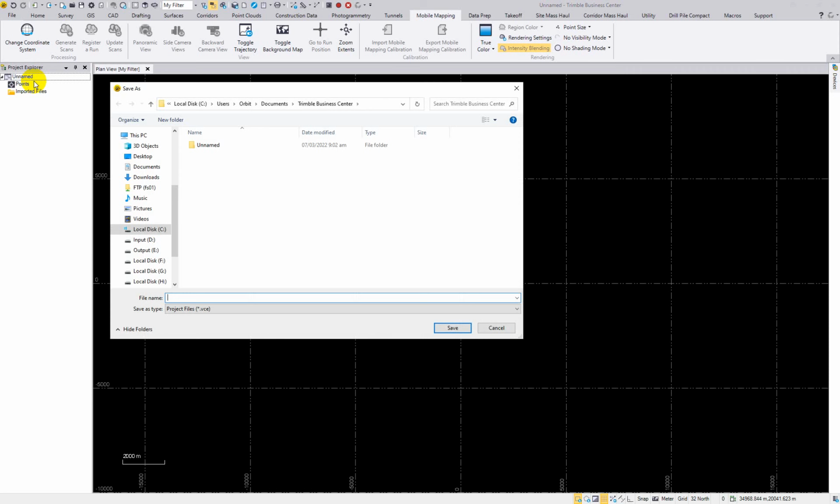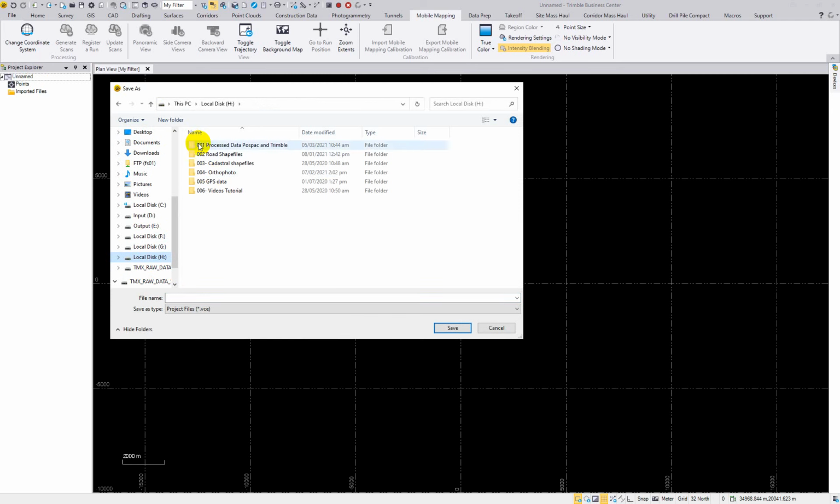So our TBC process data are stored in local drive H, right? This is the location where we'll save our TBC. So I'll click on H, and then 01001, that's process data, PostPack and Trimble. So I'll click on this. Now we are processing this data in 2022, right? So it's better we create a new folder called 2022,